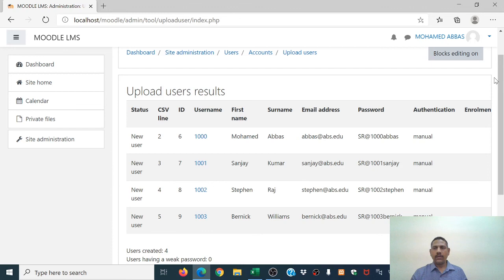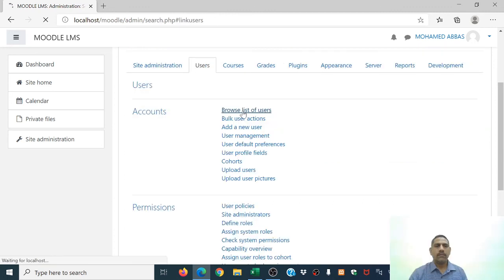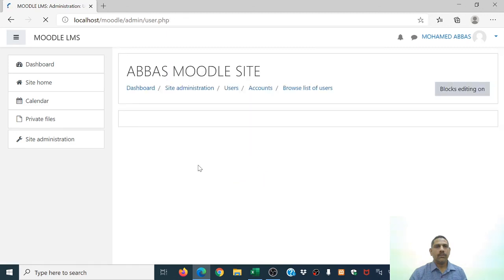Now go to Users and browse the user list. Just click it and it will show how many users are available on our server. Now it is opening. See, these are all the users. We recently created Bernick Williams and Mohammad Abbas, and these are the ones we just created. These users have never logged in. So this is the way we can upload bulk users into our Moodle LMS.